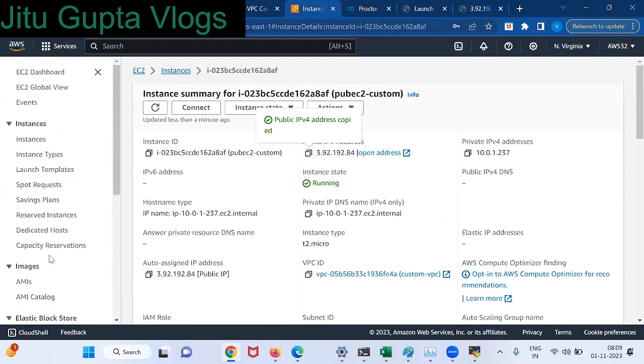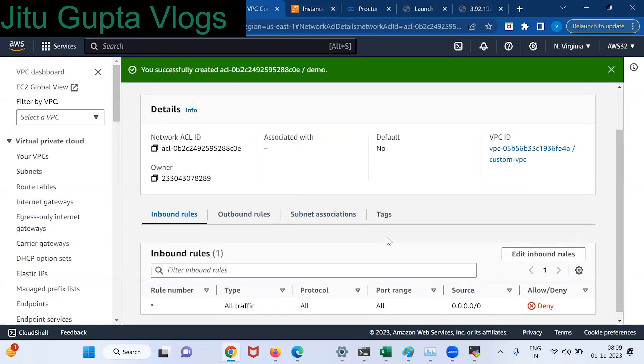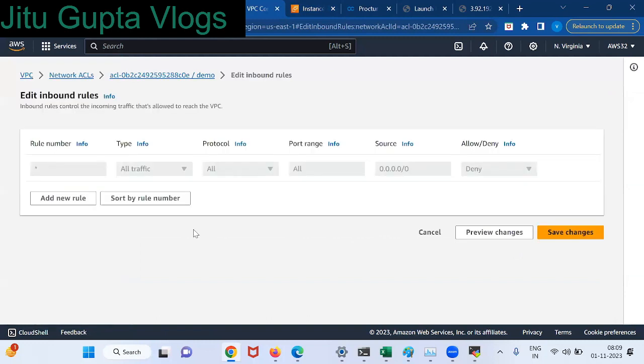Where is this NACL? So go to NACL, VPC. I have already enabled it, right? Okay, so this is my NACL. Go to inbound rules. Okay, add new rule.